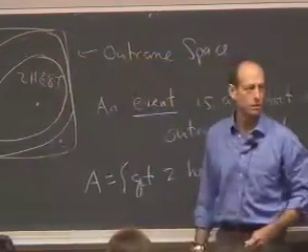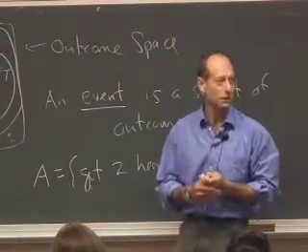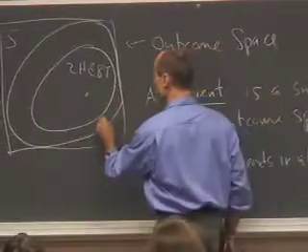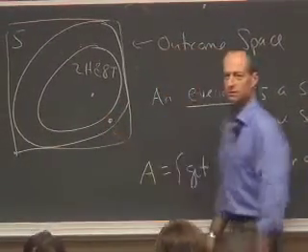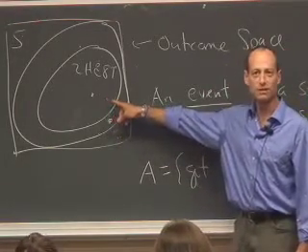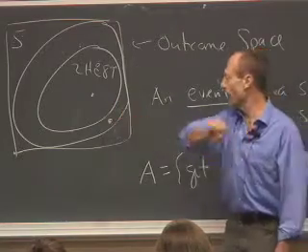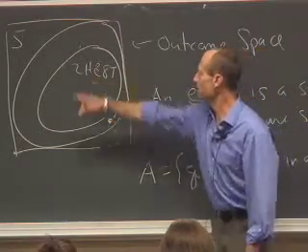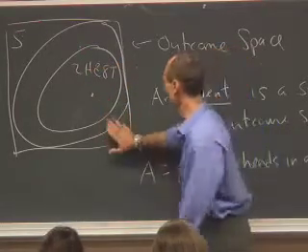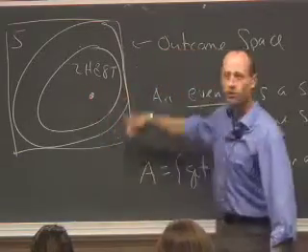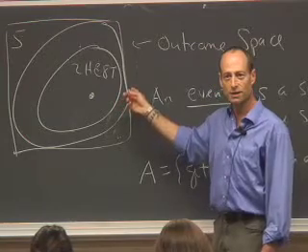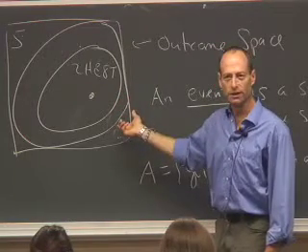It's like the complement of 10 tails, right? It's everything but 10 tails. Okay? So now, if I throw the dart and the dart sticks here, that means that I got at least 1 head, but I didn't get exactly 2 heads. So you think about what events occurred. If the dart stuck here, this less restrictive event occurred, but the more restrictive event didn't occur. If the dart sticks here, both of the events occurred, because getting exactly 2 heads implies that you got at least 1 head.